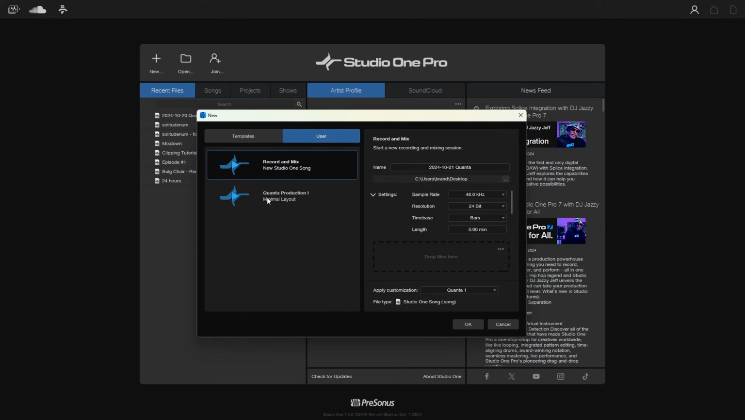So here for me, I've got Quanta Production 1. This is my template that I've created, and I can access that from here. We'll come back to templates, record and mix. Now over to the right, we have the name of our song, and by default, Studio One's going to put